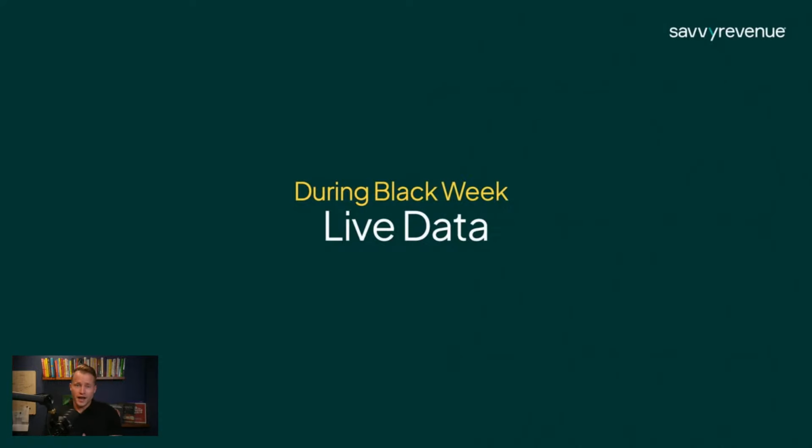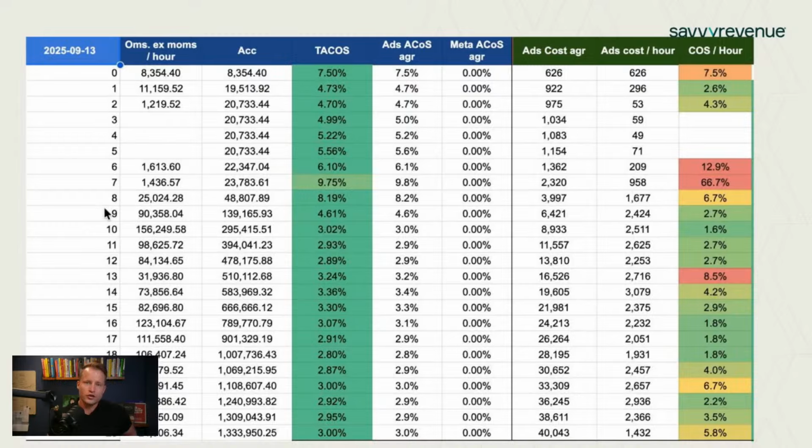So during Black Week, you want to look at live data to adjust all the numbers you're setting, because we're going to have the best plan, and we have the best plan until you get, what is it Mike Tyson says? The best plan lasts just as long as until you get punched in the face. So that's the same thing here. So we have to look at live data.